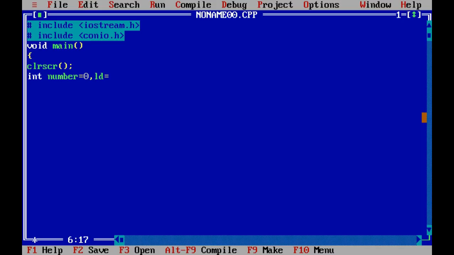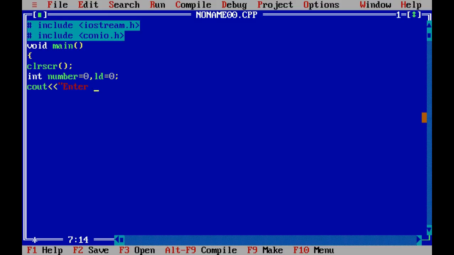So, LD is equal to 0, semicolon. Now, cout, we will ask the user to enter any 2-digit number.